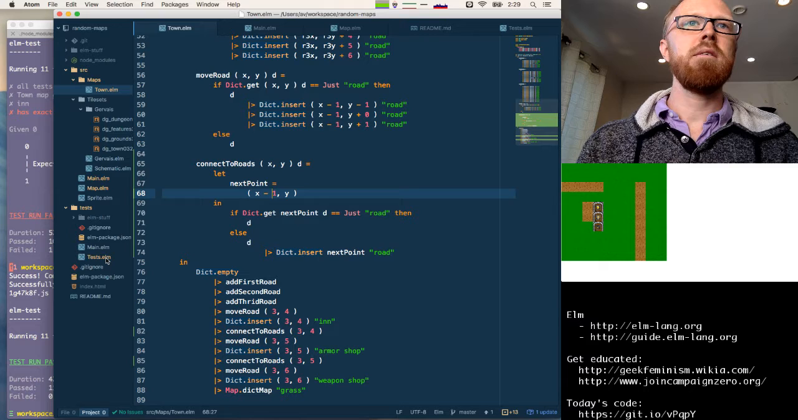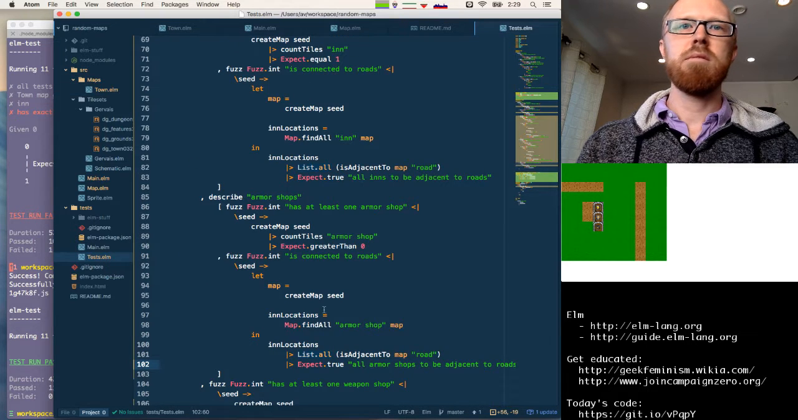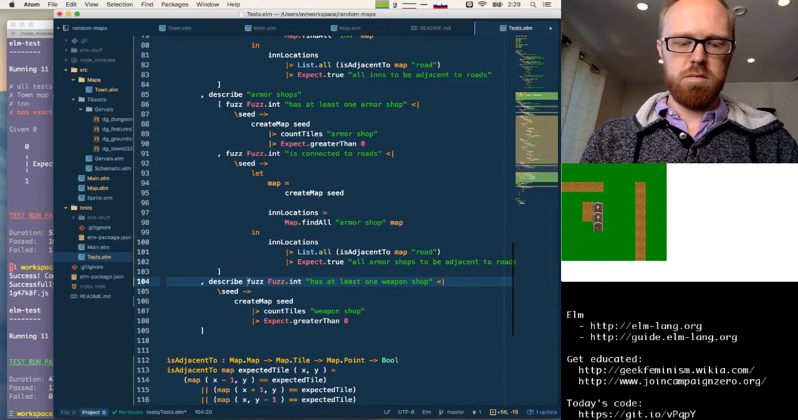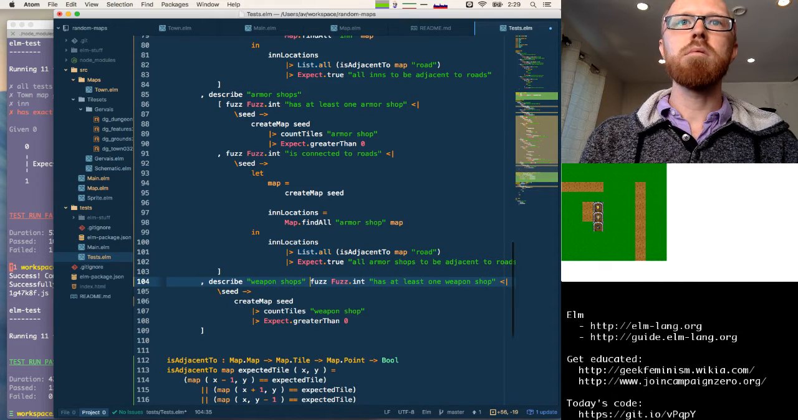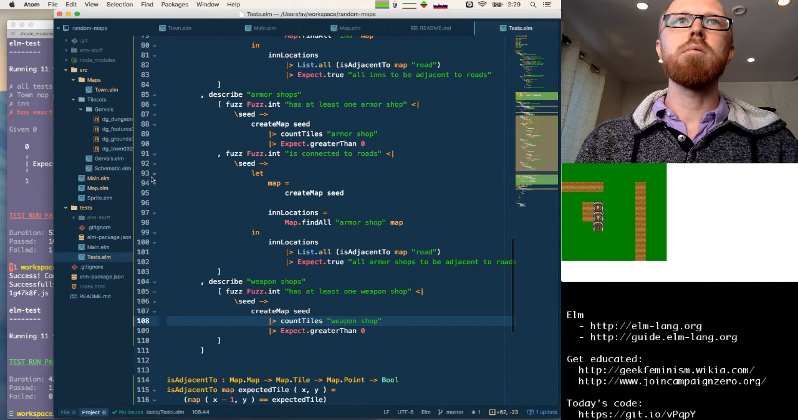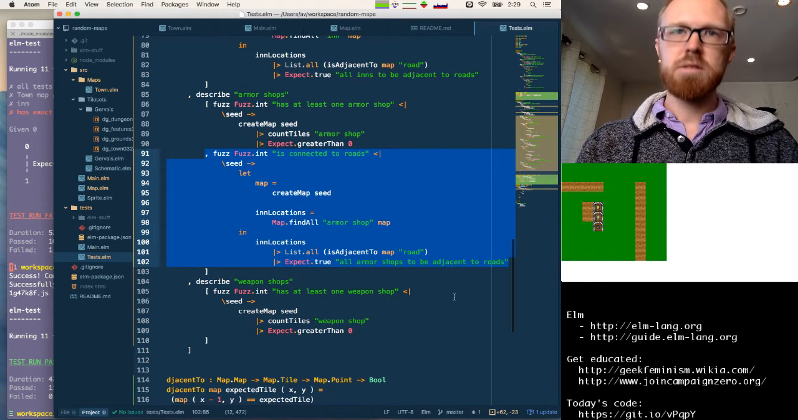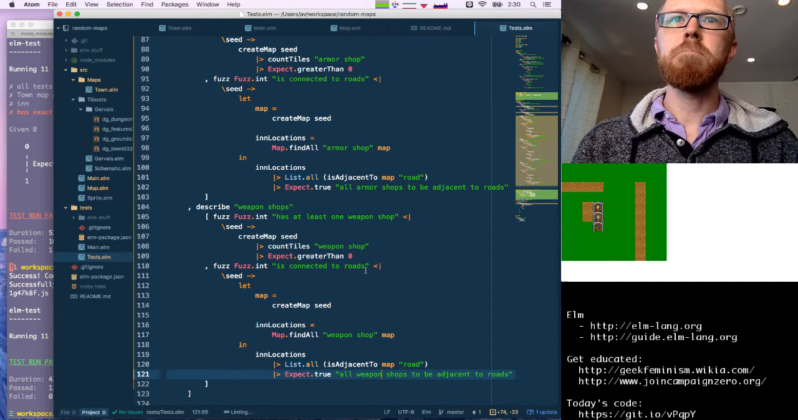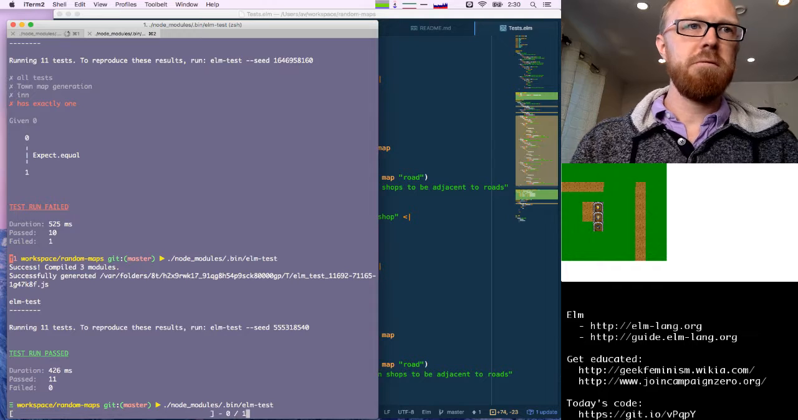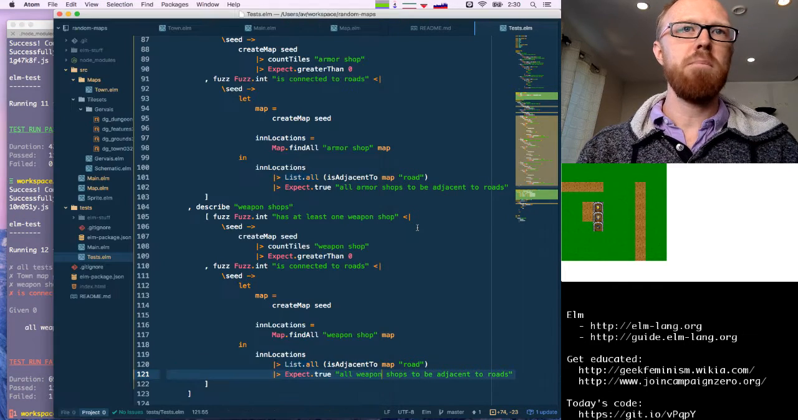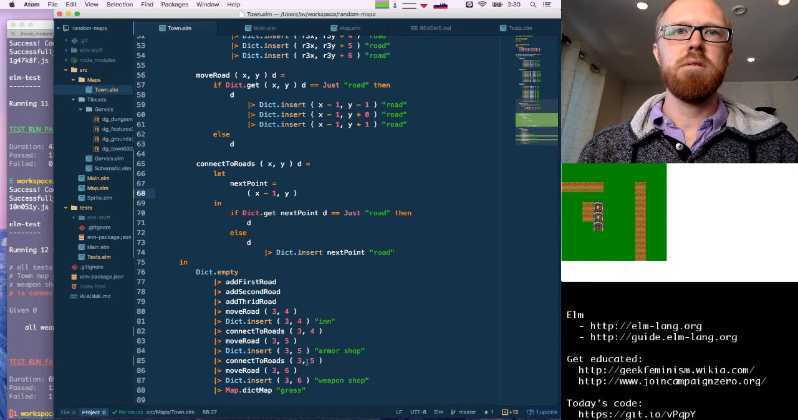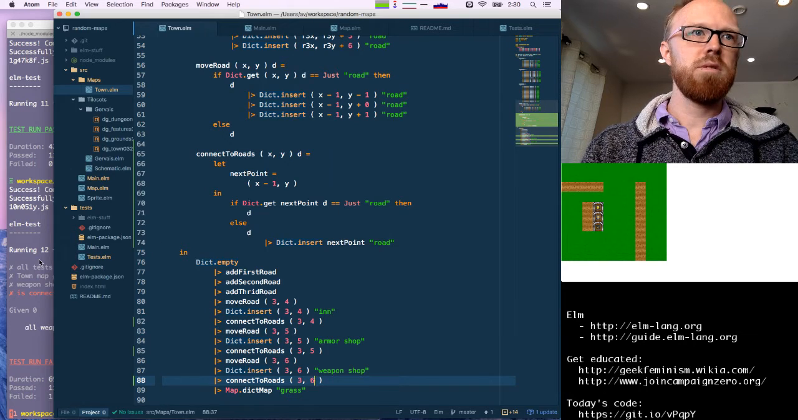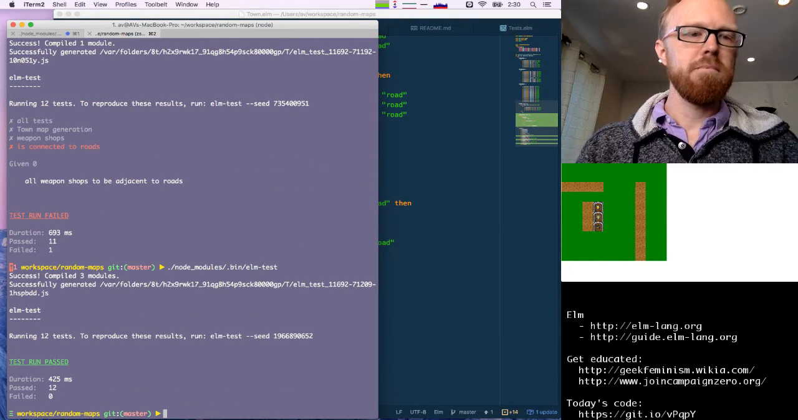Let's add the same thing for our weapon shop. We'll copy this same test. See that fail? Yep, cool. Then in our town, and also connect this one to roads. Okay,